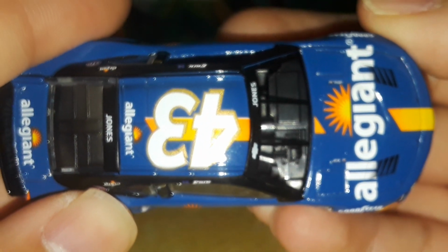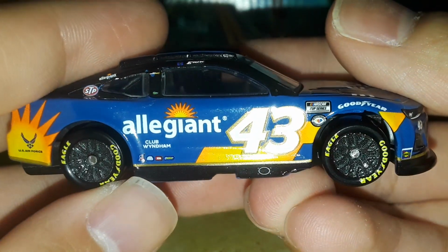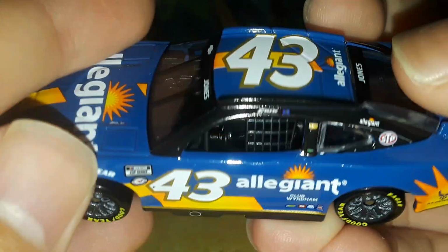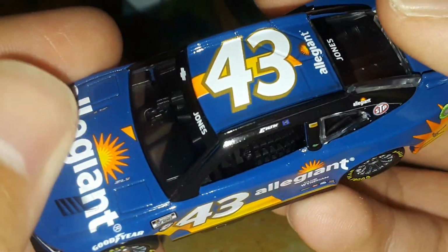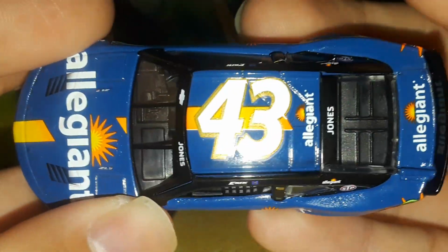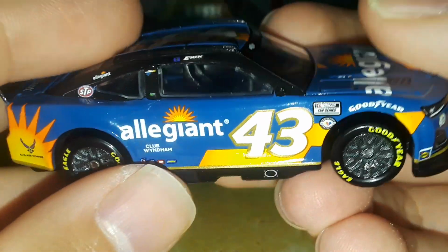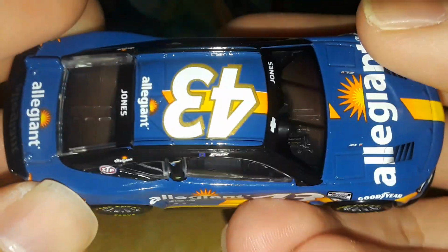And really, that's it. It's a pretty simple scheme, but noticing those gradient details on the striping of this car, it makes it look that much cooler. And on top of that, the black and gold, this to me, it doesn't clash. Like, you think that color scheme would clash with the black and gold, but it doesn't, man. It looks pretty cool. This is a really awesome scheme for Erik Jones. Probably going to be one of his iconic schemes, because he does seem to run it a lot,